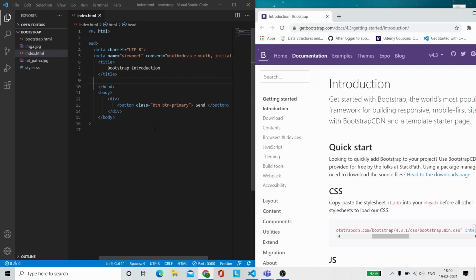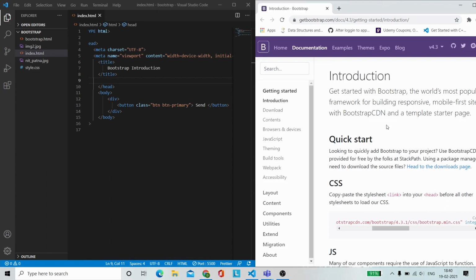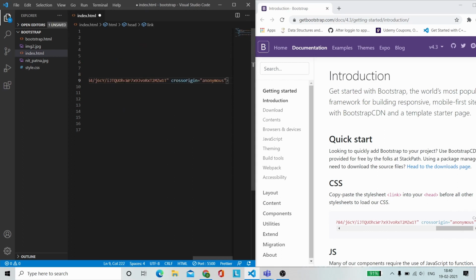As I told you, Bootstrap is a framework, so it is already built. We are not making it, we are just using it in our website. So the first thing is how we are going to use it in our website. For that we have to include it, right? We have the official website of Bootstrap, from where, if we want to use the CSS part of Bootstrap, we can just copy this CDN, and we can use it before any other link. We can just paste it over here, right?